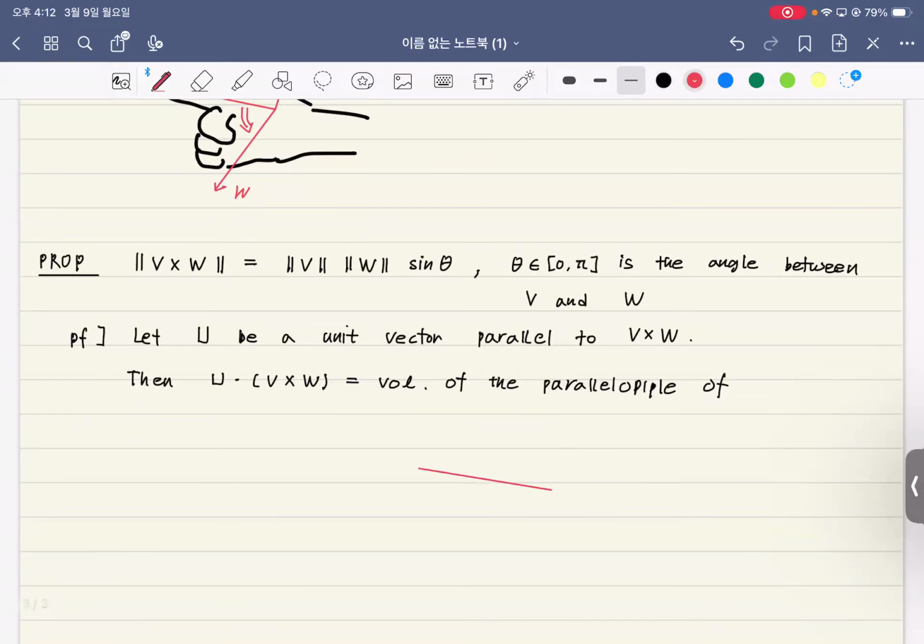If this is vector V, and this is vector W,